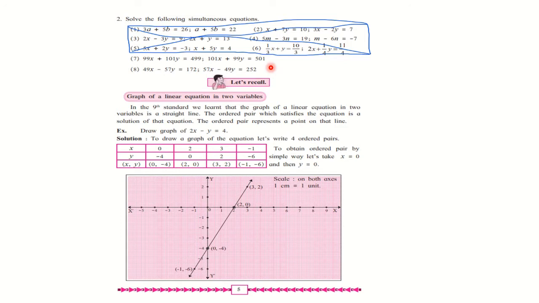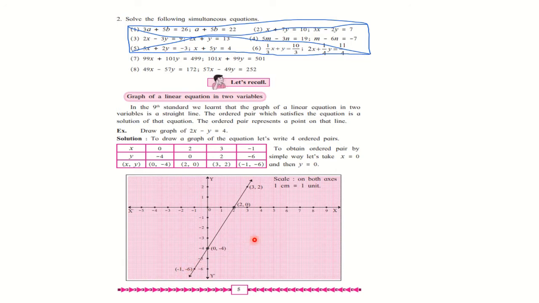Okay. Afterwards, the next method, that is the graphical method. Why is the graphical method used to solve linear equations in two variables? The reason behind that is, if we try to draw the graph of a linear equation in two variables, here the degree is 1, x is having degree 1, y is also having degree 1. So if we plot the graph of this equation, we find that the graph is a straight line.